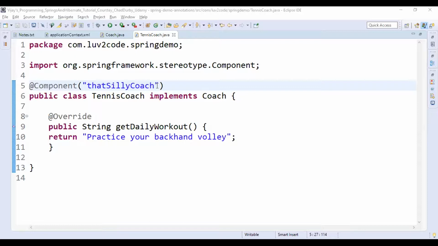Now it will be identifying that silly coach as the bean ID, so that we can retrieve this bean from the Spring container by using the bean ID, that is that silly coach.